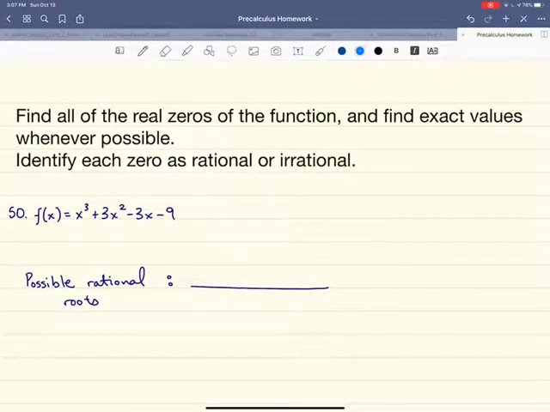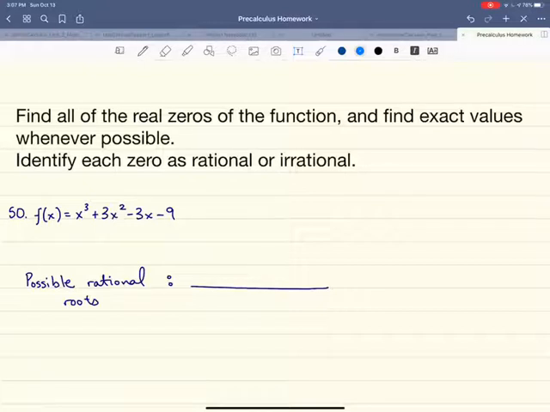In problems 50 and 52, we're going to find all of the real zeros of the function and find exact values whenever possible. And we'll identify each zero as rational or irrational. So let's start by applying the rational root theorem to come up with a list of all the possible rational